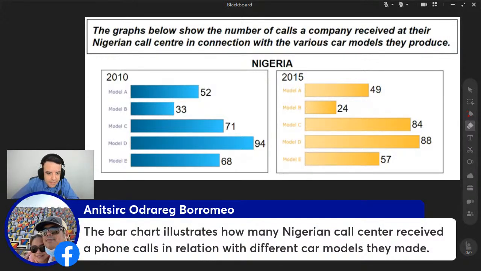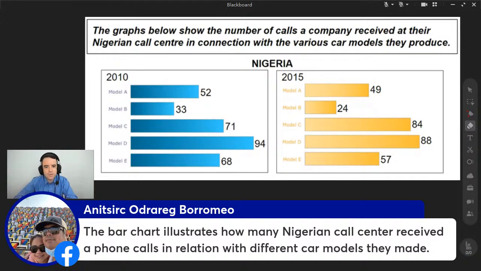Okay, and it's strict. The bar chart, good, illustrates how many Nigerian call center received a phone call. So you've got that the wrong way around. So it's going to be how many phone calls a Nigerian call center received in relation to different car models they made. Yes,